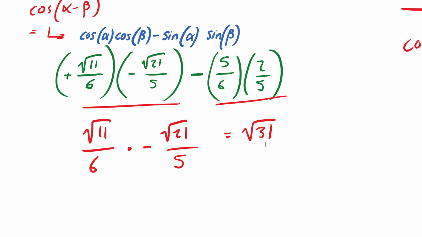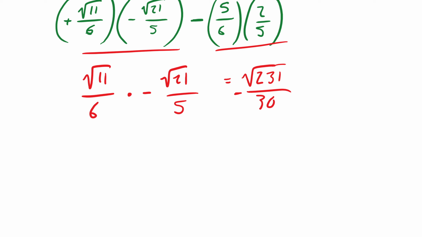Whoops. Sorry, you don't add them, you multiply them. So 11 times 21 equals 231, over 6 times 5, which is 30. And we have to remember it's negative because we're multiplying with a negative. So we'll rewrite that as negative root 231 over 30 minus,